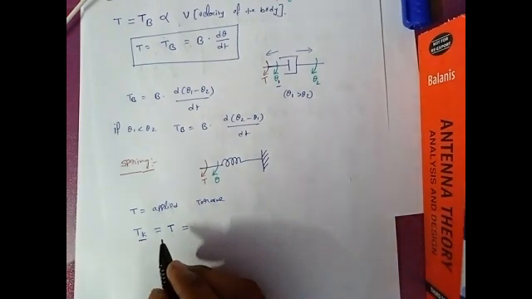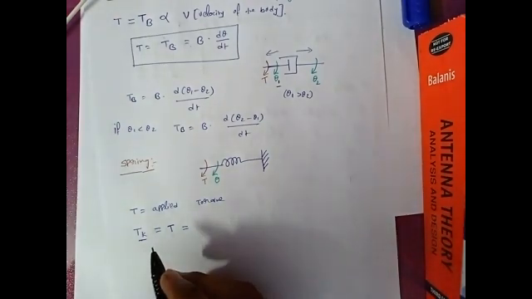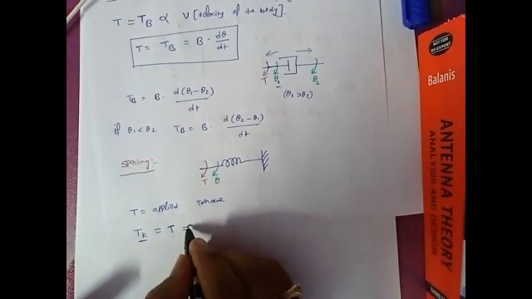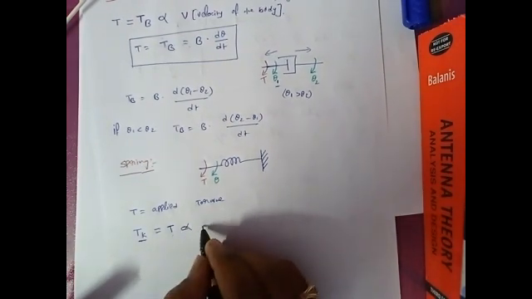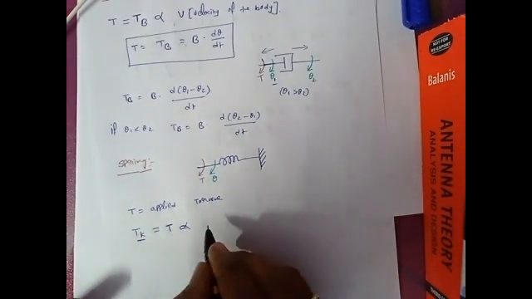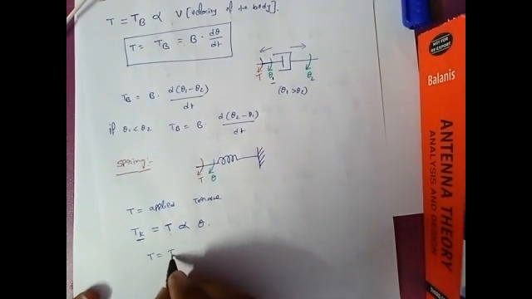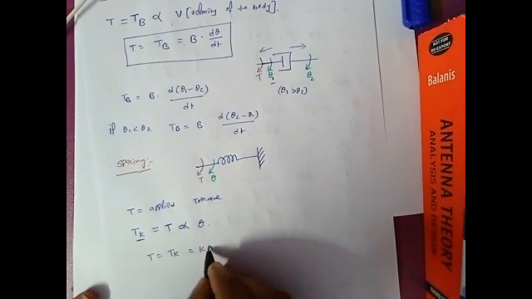As per the basic definition, the torsional spring offers an opposing torque which is proportional to the angular displacement of the body. That is, it is directly proportional not to the angular velocity, it's the displacement, that is theta. What is the proportionality constant? The proportionality constant is k, so k into theta.